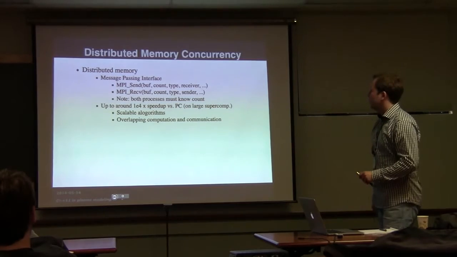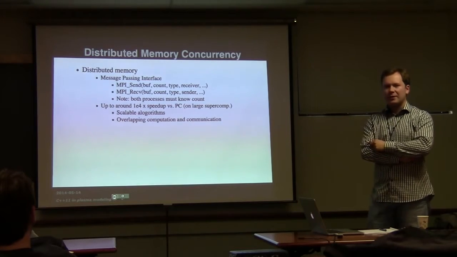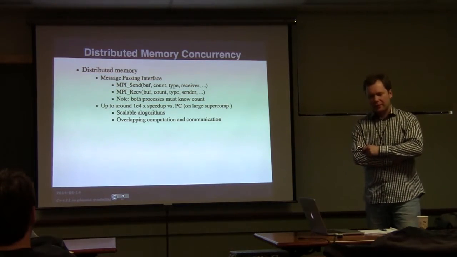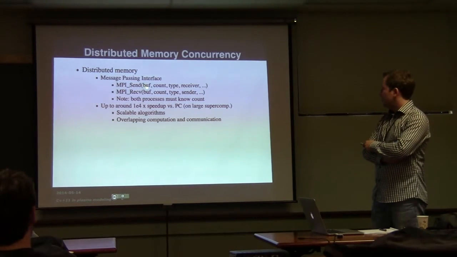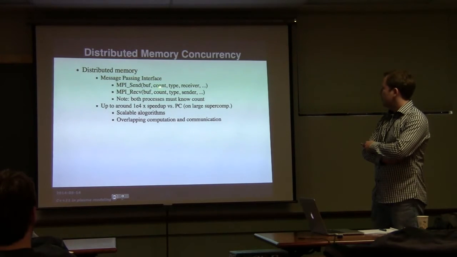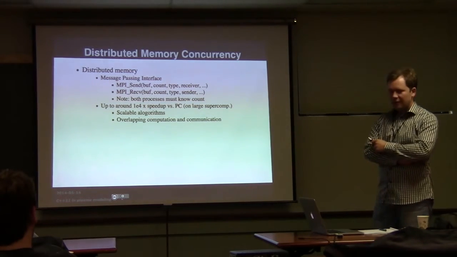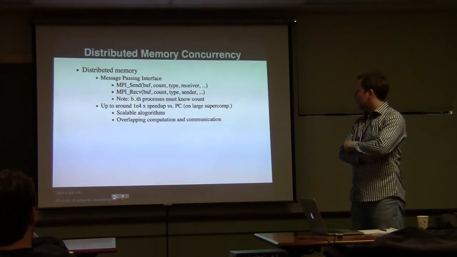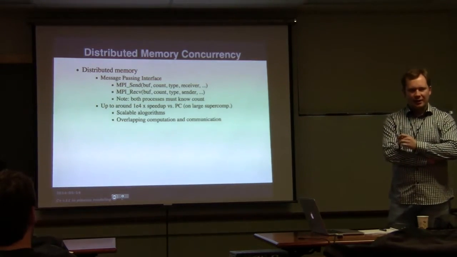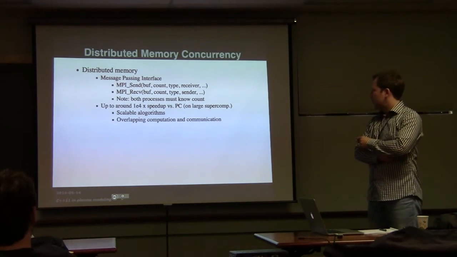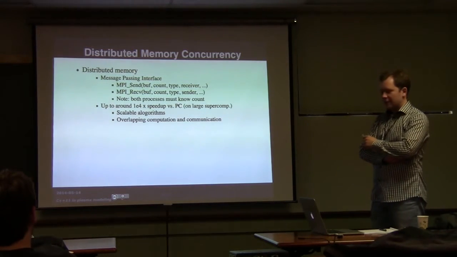In distributed memory programming, at least for high-performance computing, the message passing interface is pretty much the standard, and has been for about 20 years. The API is quite simple: you have a buffer, and you send from it or receive to it a type or a number of types, from a certain process. Note that both the sender and the receiver must know the amount of data being sent. As far as message passing goes, this is quite low level, but it works fast.